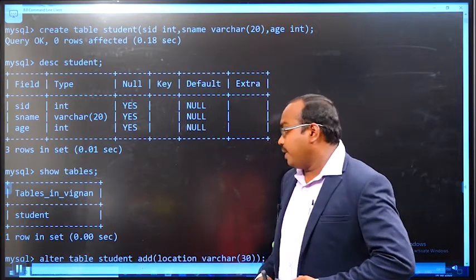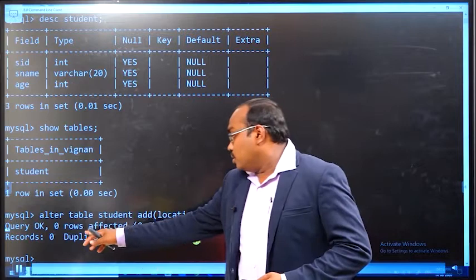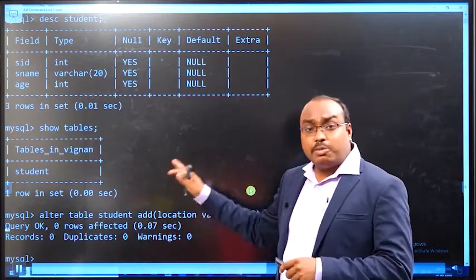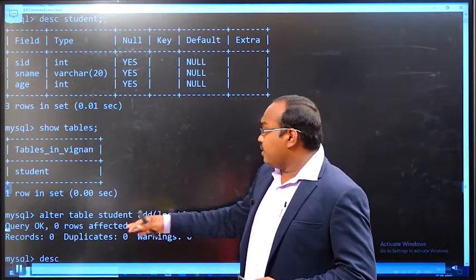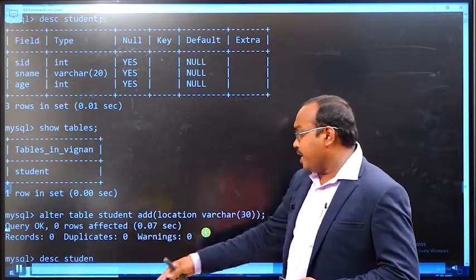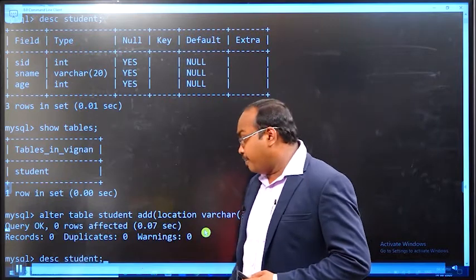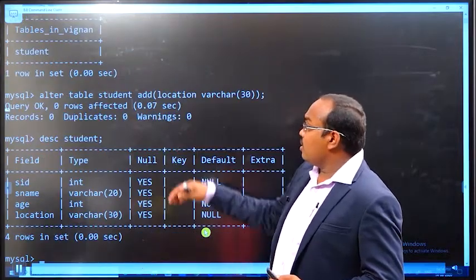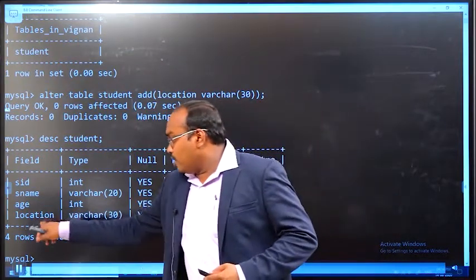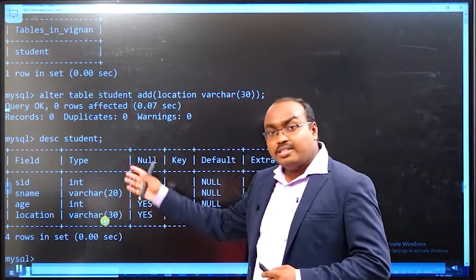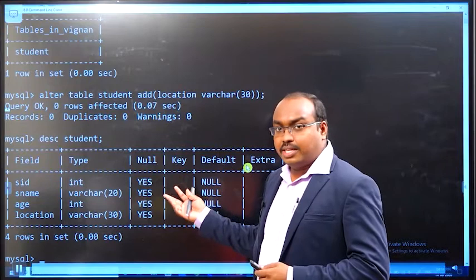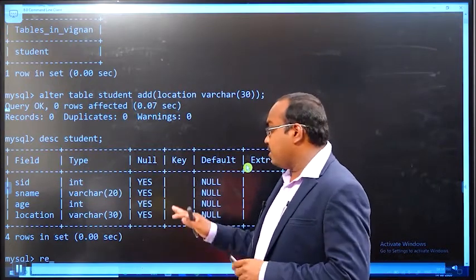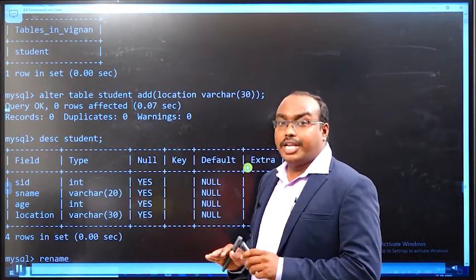Just press enter. Zero rows are affected, and the table structure will be changed. Whether it is changed or not, I am checking once again. DESC table name shows the structure of the table. This is the new column, added in the structure. I have not mentioned any keys, primary keys or foreign keys; I just declared a normal table.